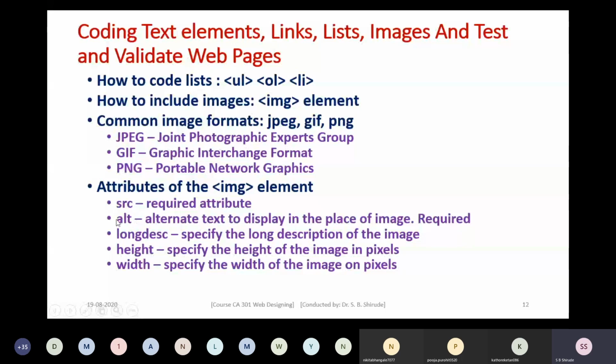Then there is an attribute called ALT. The ALT attribute is used to specify alternate text to display in place of the image. This is also a required attribute.